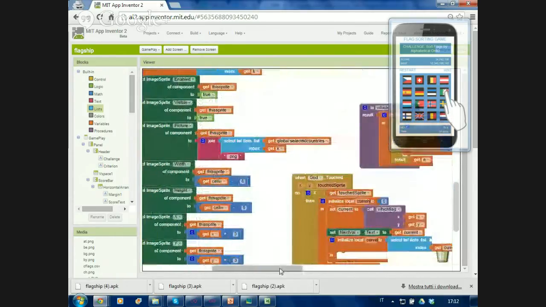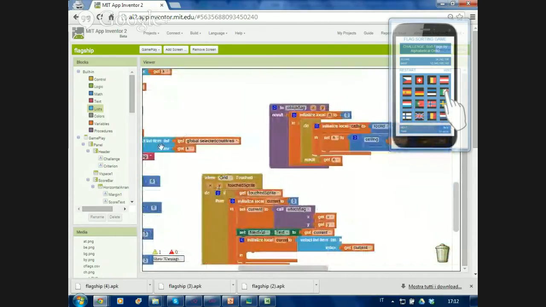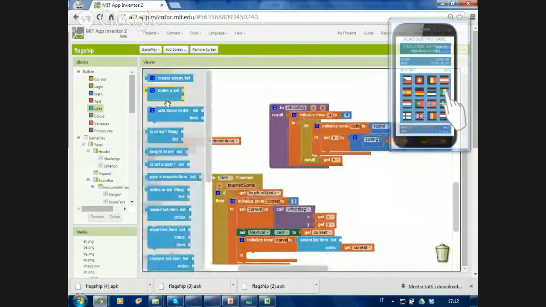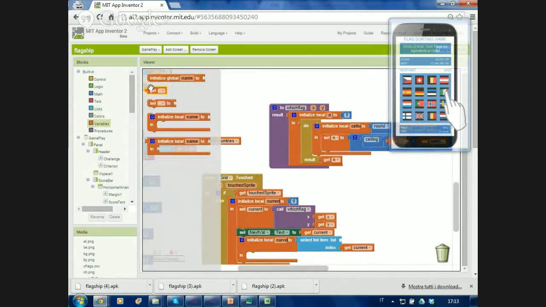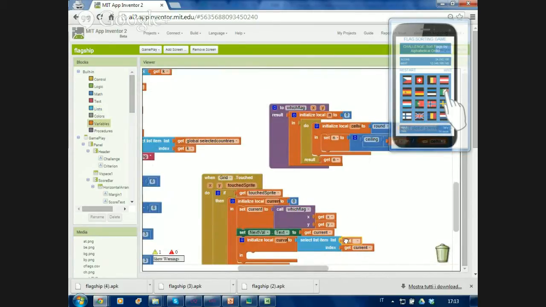But notice that if here I use directly this list, which is a global variable called values,